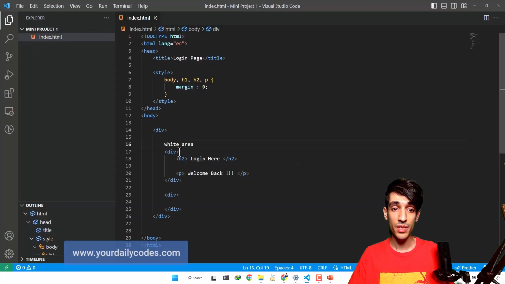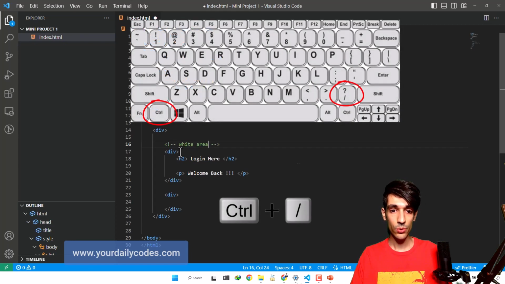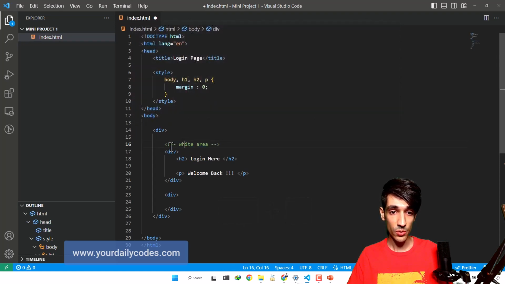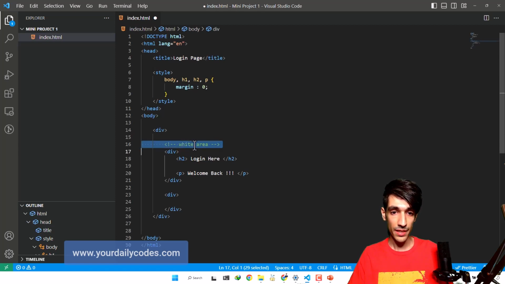I just want this to be something that helps other developers to understand my code, or even ourselves to understand the code. If I hit Control slash here, this Control slash turns this piece of text into a comment, and as you can see, first of all, the color turned to green, which shows us this is a comment, and second of all, we use these characters to determine that this text is a comment, and comments will be completely ignored by the browser. And so this is it.